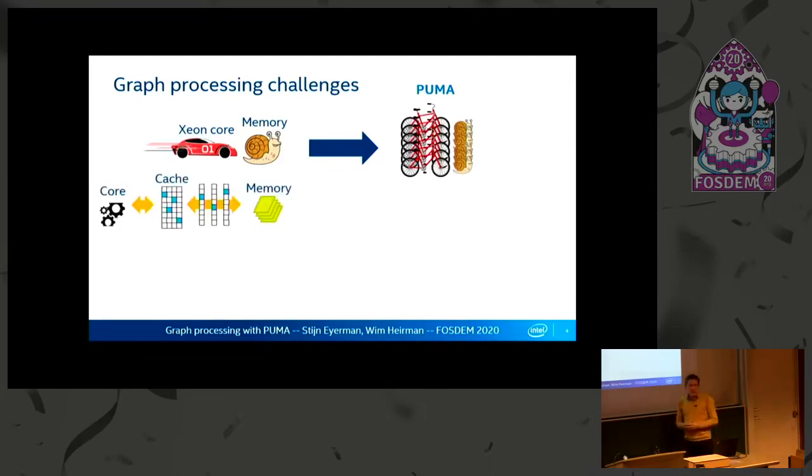I said that before, caching was a problem. The problem is that if you load data, you only need that one element that you load, not the full cache length. So in a conventional architecture, you load the full cache length from memory through the memory bus into the cache and then to the core. But as you see, only the blue points are used. It's a very inefficient use of the cache capacity and of the memory bandwidth. So it means you waste a lot of